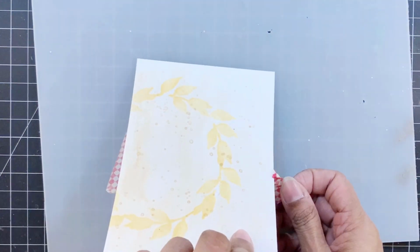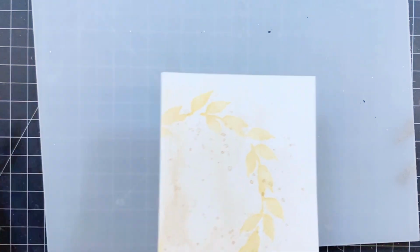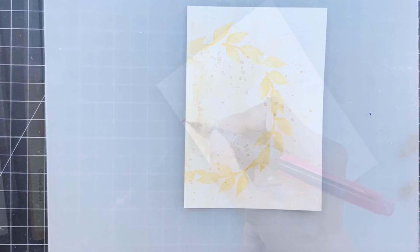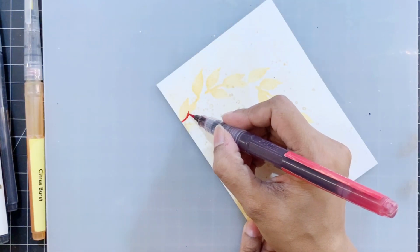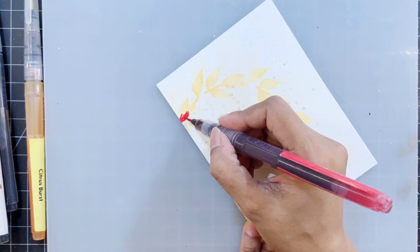If you want mainly green leaves, you can go for frayed leaf, which is a very light green shade of ink, or even limeade dye ink. Once I'm done, I'll remove the stencil and I'll have a stencil design available for me to use as a